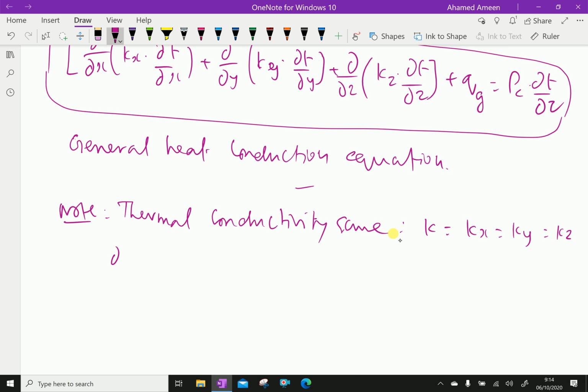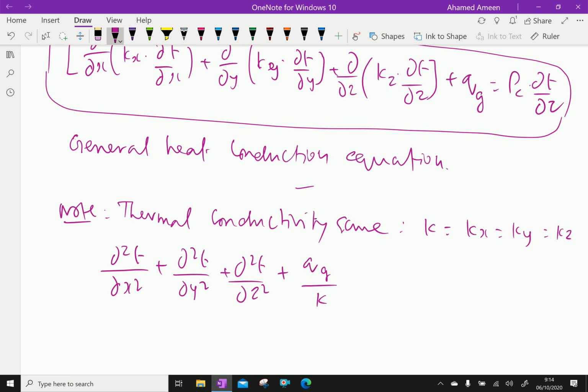After simplifying we'll get ∂²T/∂x² plus ∂²T/∂y² plus ∂²T/∂z² plus Qg over k, because we are taking k out and cutting, but on this side we have to introduce the reciprocal k, equal to